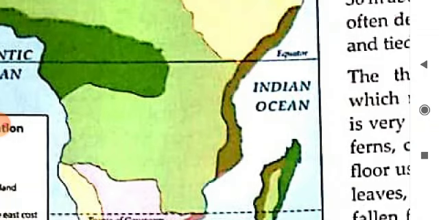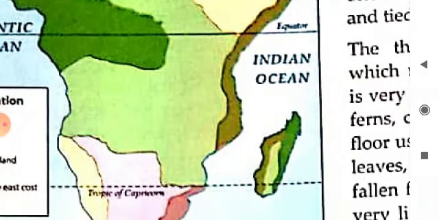Natural vegetation also varies according to the amount of rainfall. Areas of heavy rainfall have dense forest of tropical deciduous trees like teak, bamboo, and the areas of scanty rainfall have dry forest and shrubs.